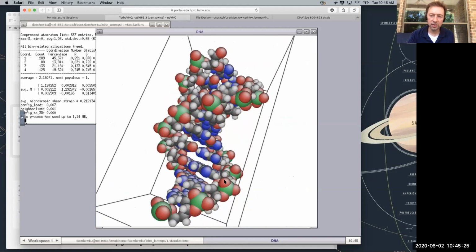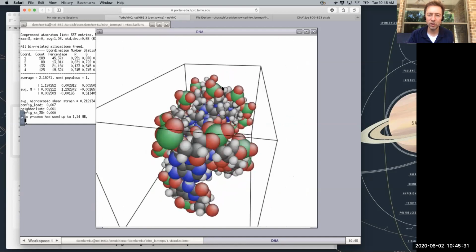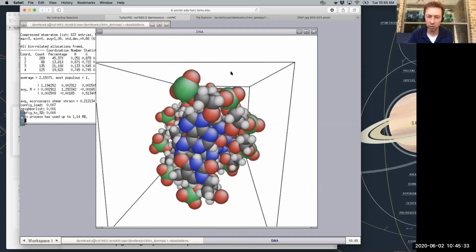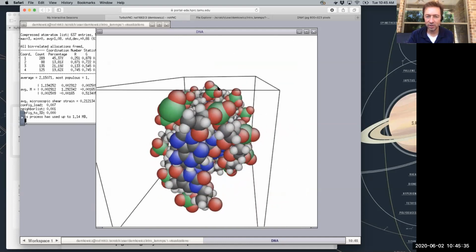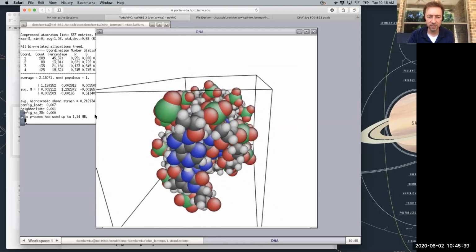Now you'll notice, those of you who are artists will recognize that this is showing you the whole structure with a sense of perspective, right? Meaning that the atoms that are closer to you look bigger, the atoms that are further from you look smaller. The face of this model, which is closer to you, looks bigger. The face that's further away looks smaller. Maybe you like it that way. Maybe you don't like it that way.